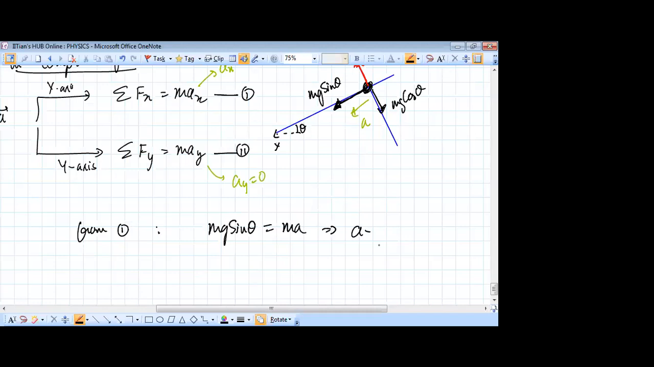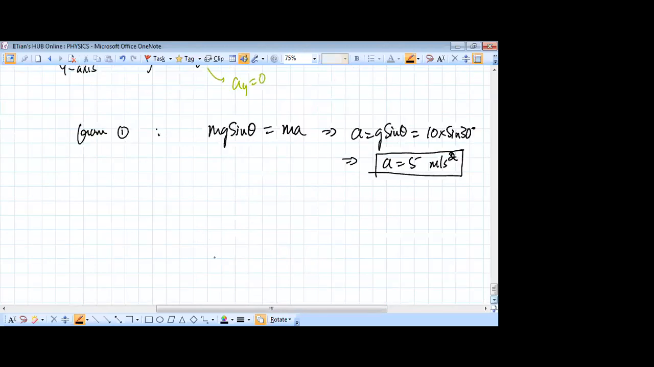So what is the acceleration? It is g sine theta, or it is 10 into sine 30. So in this case, the acceleration will have a magnitude of 5 meters per second square, and direction will be along the inclined plane. It will be sliding along the inclined plane. And from equation 2,